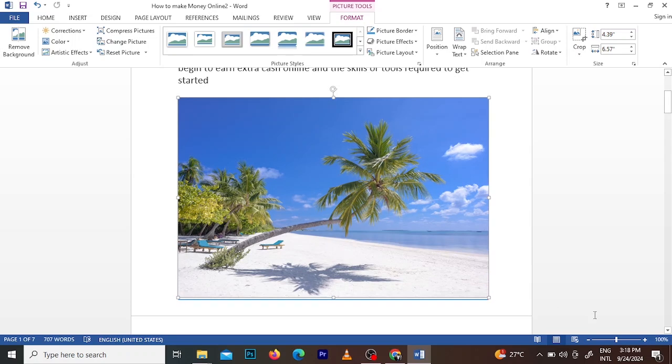Okay, you can also add some picture styles to it. You see here, the moment we have this image selected, there are Picture Tools here. A new tab has been added for Picture Tools, for picture formatting. So we can format this picture of ours with the different picture styles grouping here. If I click on this,